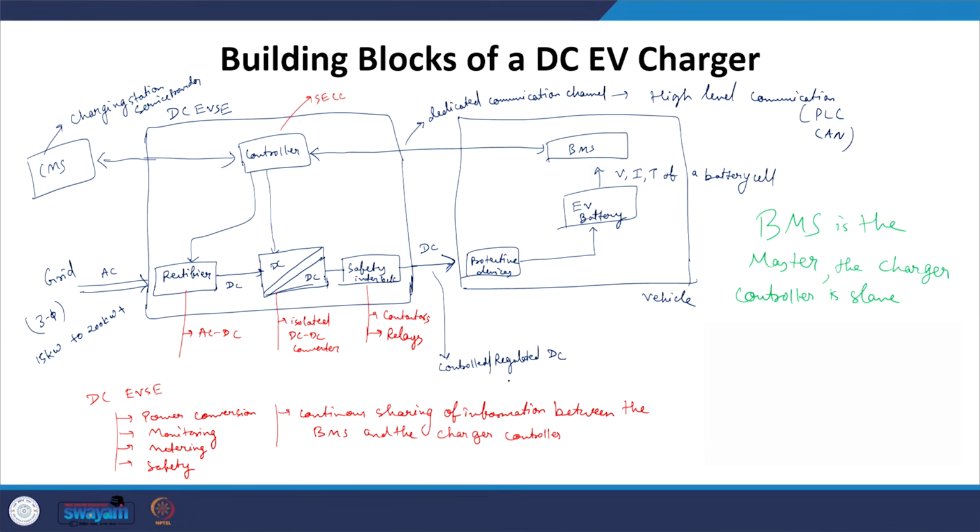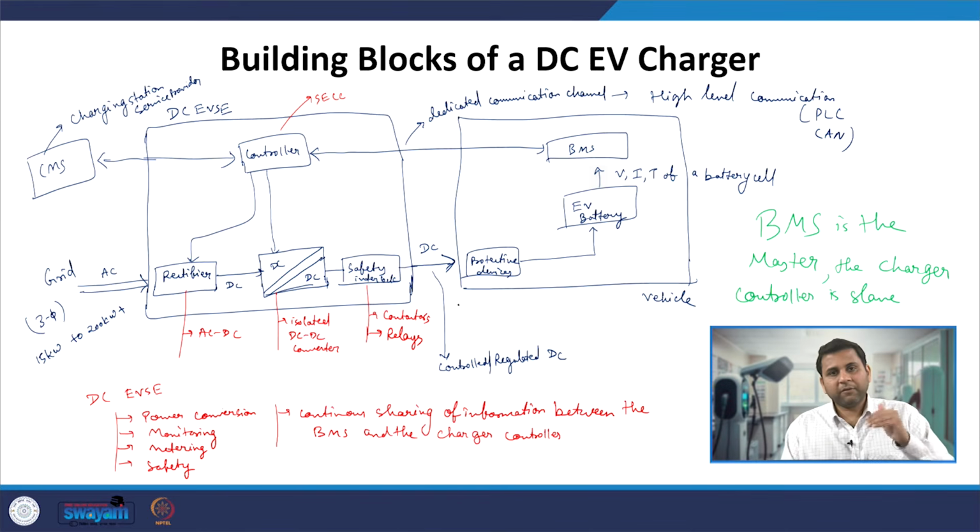So, it will keep on monitoring, and it will keep on instructing the charger controller that this particular charger is in this stage of the charging profile and you have to apply this voltage at its output. Then this charger controller will react to that information from the BMS, and accordingly it will tell the rectifier and the isolated DC converter that you need to operate in such a manner that the required DC output voltage is put in, such that the required current and voltages will be drawn by the battery pack.